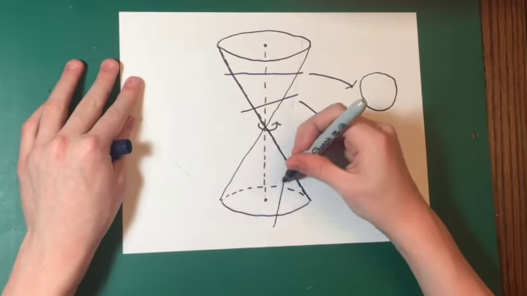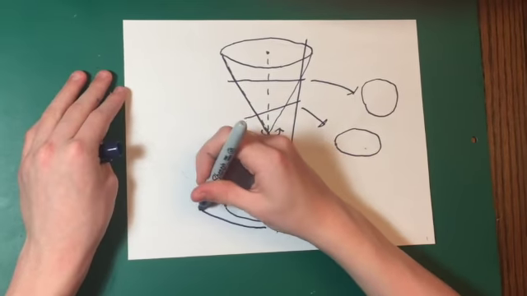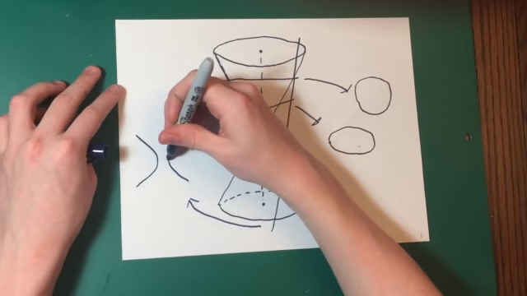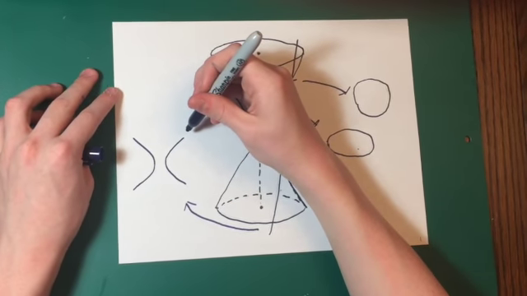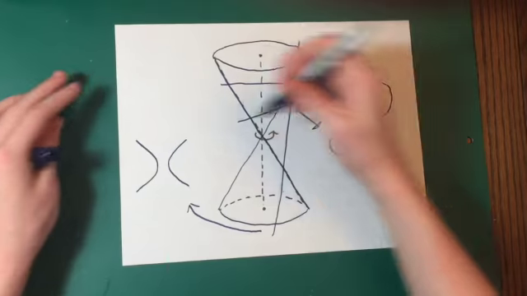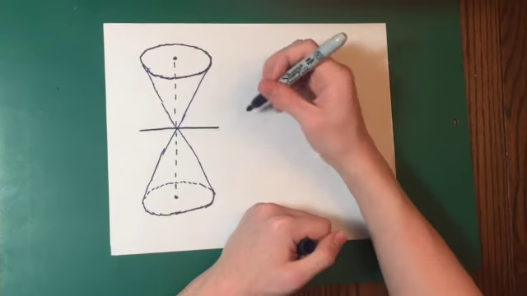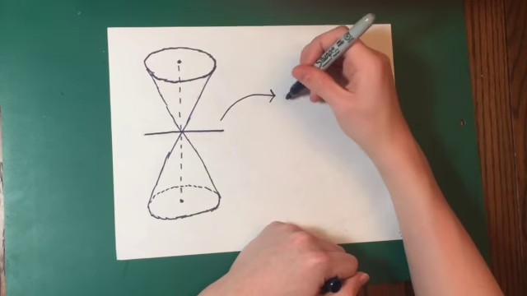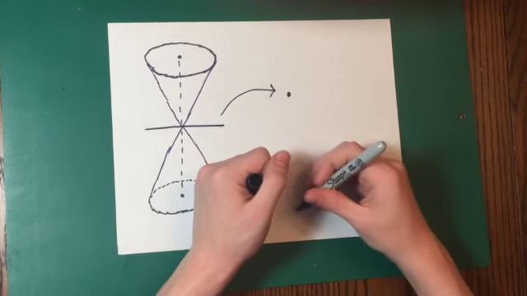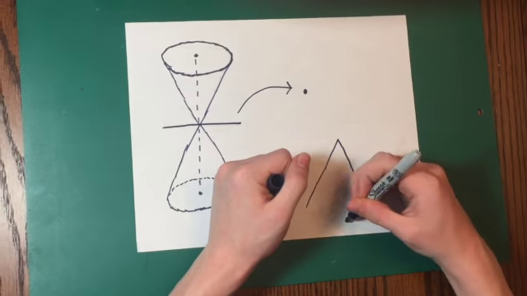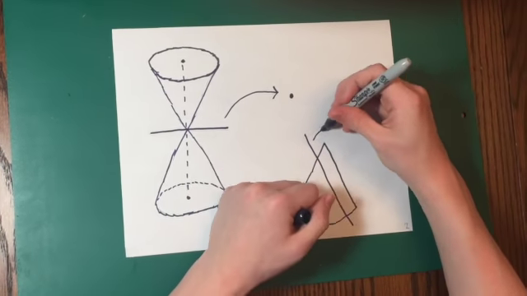Slice it at any angle steeper than one of the generators, which are the two lines that cross at the tips of the nappes and make the same angle as the angled line we started with, like this, and you get a hyperbola consisting of two separate curves. You can also slice it directly through the point where the nappes touch, but that is kind of pointless. Or not pointless, since all you get is a point. But if you slice it exactly parallel to a generator, the cross-section you get will be a parabola, and parabolas